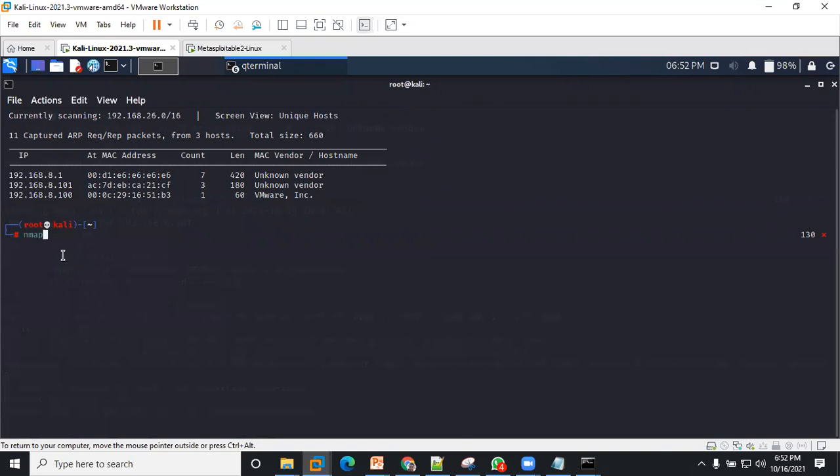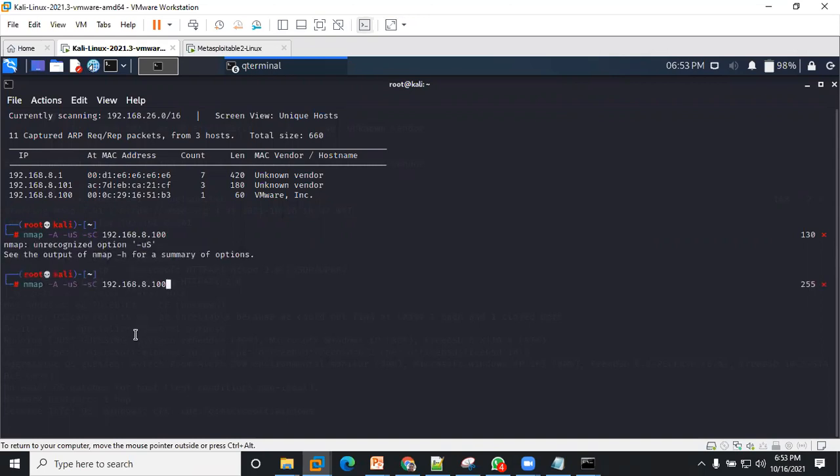An nmap scan, right? Like I said, you can run a -A, you can also run a UDP scan, so that in case there's any UDP port that is open on it. Then you can also run -O, which means OS detection scan, but -A will do everything. Then you can put the default script scan. Default script scan will check if there's any vulnerability. It will just check for basic vulnerability on the operating system. Then you just put your IP address, which is what I just copied, 192.168.A.100, right? Then we're good to go.